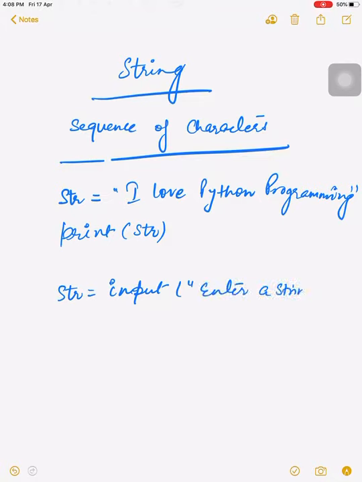As you know, we can also input a string using the input function. You remember from your 11th class lecture, every element entered using the input function is always a string by default. If you want to convert it into an integer, a tuple or a list, we can write int, and it will be converted to an integer. If we write tuple, it will be converted to a tuple.